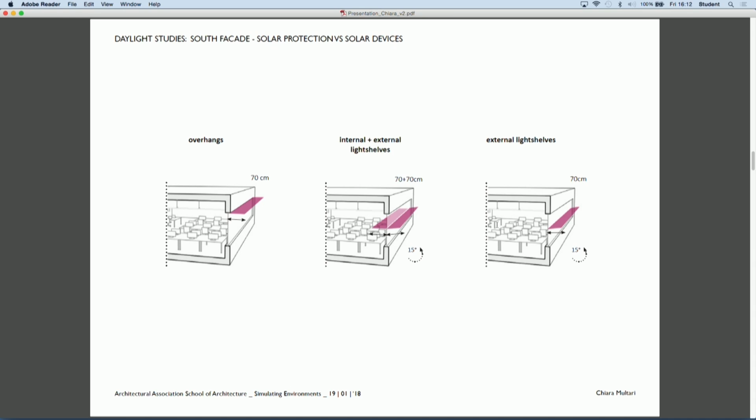The impact of shading devices to counter over-illumination and glare problems was tested, whereas other simulations regarded typical daylight devices, such as light shelves, internal, external, or external only, which help, generally speaking, to better distribute the light throughout the depth of the room.